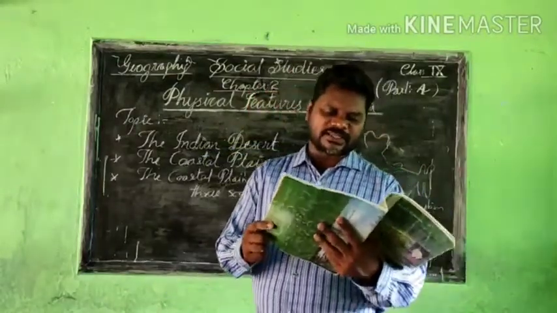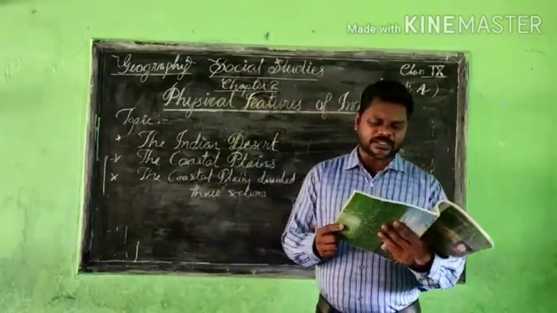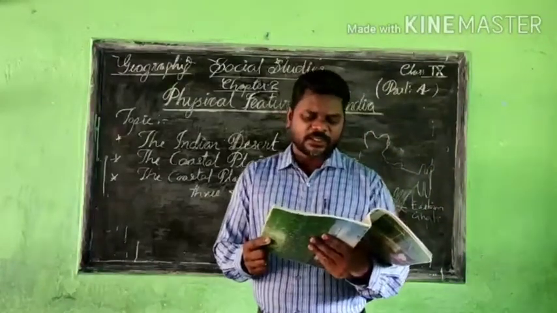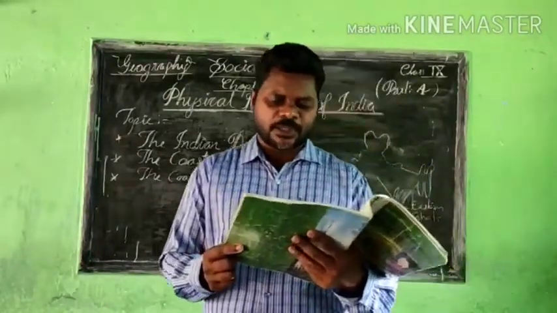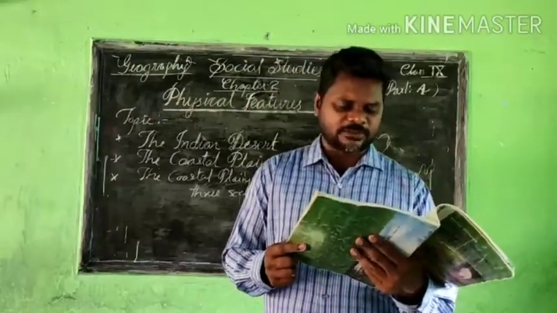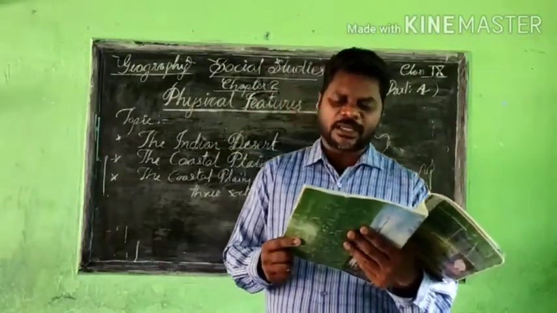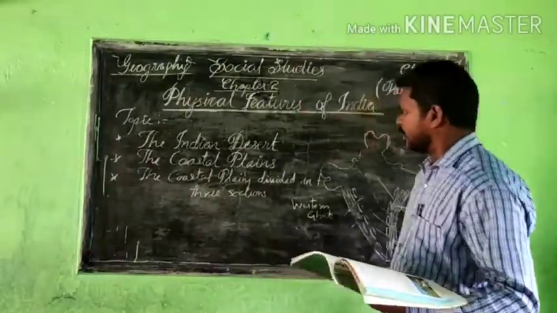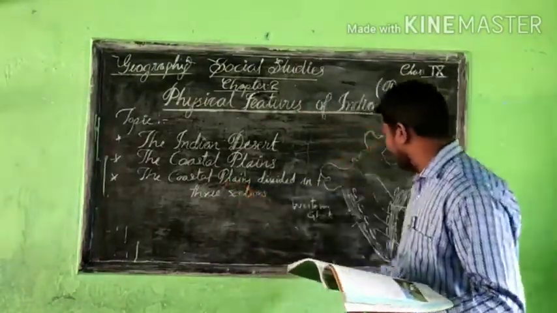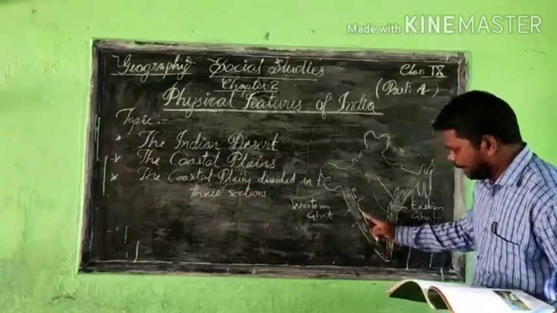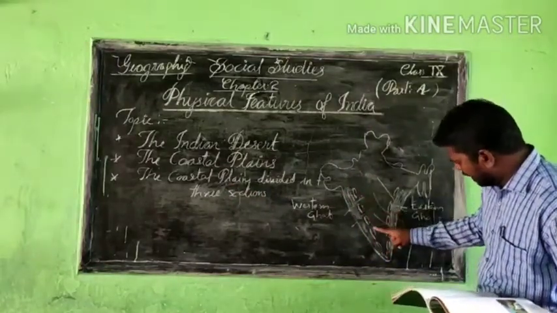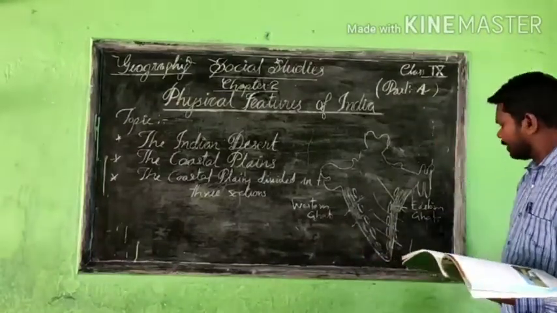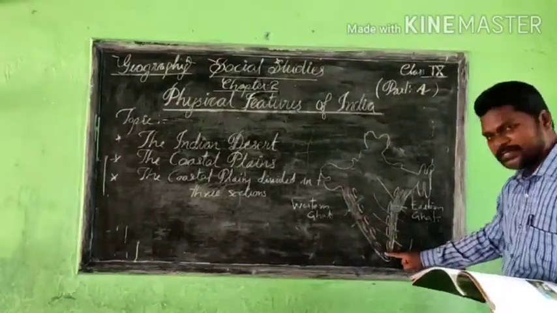And here it very clearly says that it runs along the Arabian Sea on the west and the Bay of Bengal in the east. This plain is in the west, in between the Arabian Sea and the Western Ghats, and in between the Eastern Ghats and the Bay of Bengal. So now we are in the coastal plain, mainly located in between the Western Ghats and the Arabian Sea. That's where we have to see the plains.